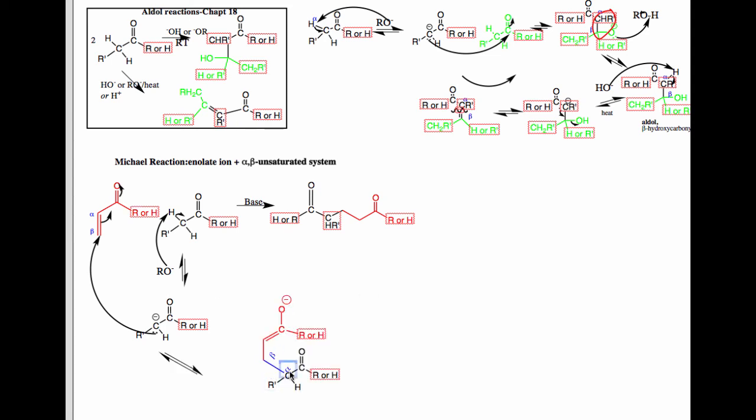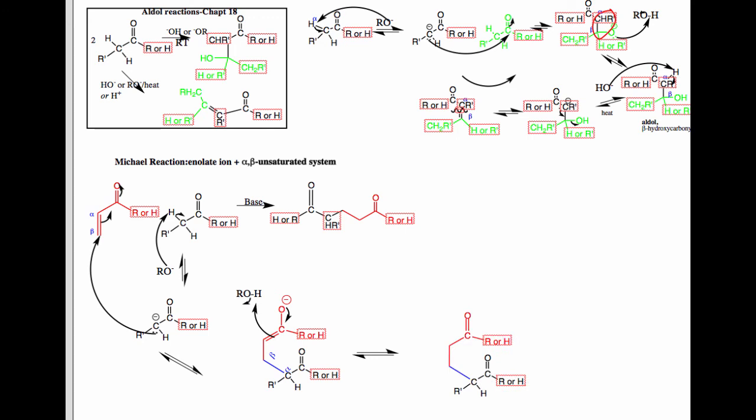Again, the new bond is alpha-beta to the original carbonyl. That is, the atoms in black here on the bottom are the original carbonyl. The blue bond is the new bond between alpha and beta to that carbonyl. And these red ones were the part that used to be the alpha-beta unsaturated carbonyl. After protonation and keto-enol tautomerization,